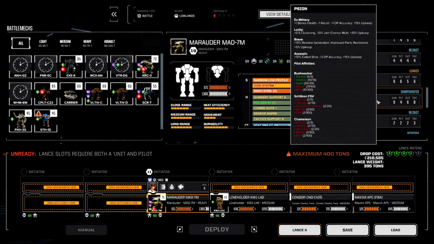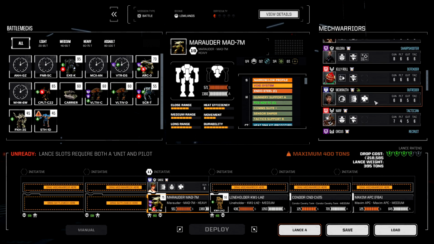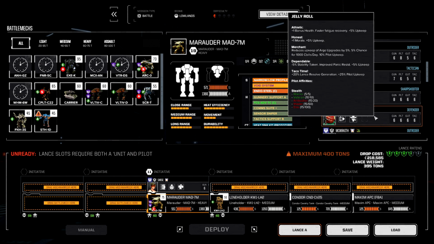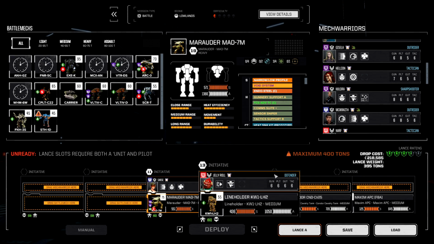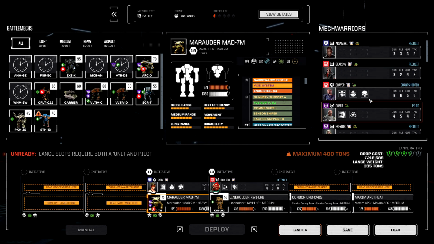Scion, I think we're going to put into the Angerboda once it's ready. She's lucky. Military. Assassin. Assassin doesn't really like splashy things. We'll think about it. Anyway, line holder. Jelly Roll's a good candidate just because he brings the Lance Resolve generation. So we'll be able to really test out the offensive push capabilities of the Marauder. And then